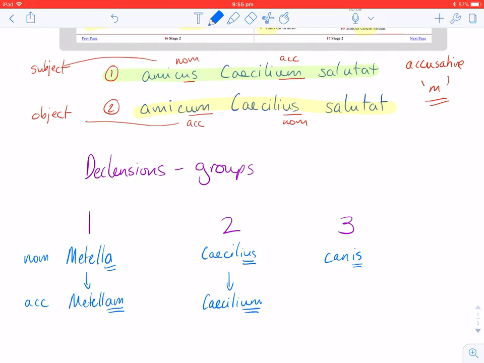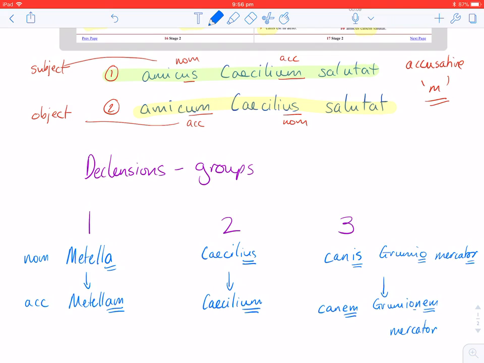For example, canis is in the third declension, grumio with an O is in the third declension, or even mercator, meaning merchant, with an ending OR is in the third declension. So basically, anything that doesn't have an A or a US belongs to the third declension. And in the accusative, they all have an EM. So canis becomes canem, grumio becomes grumionem, and we add a little N in there. And mercator becomes